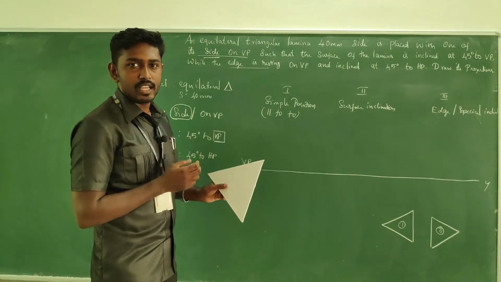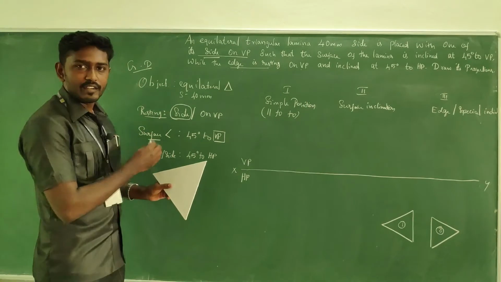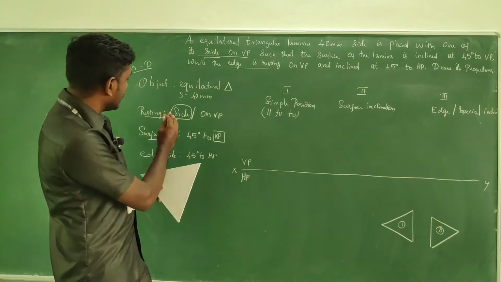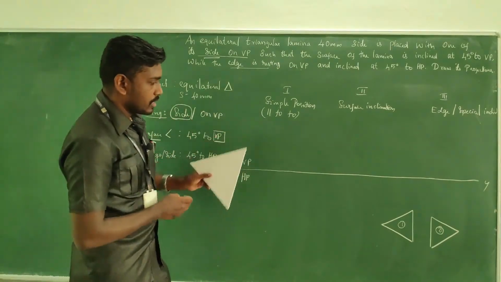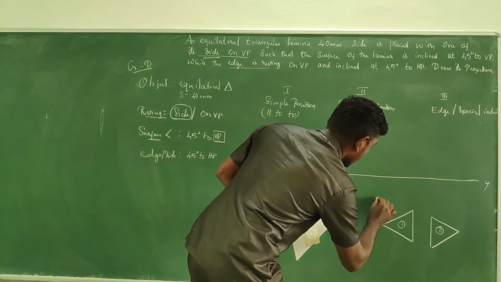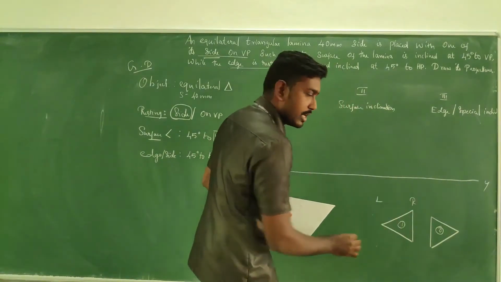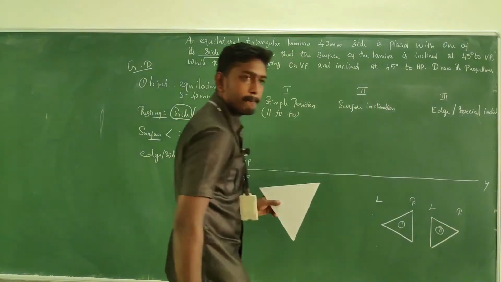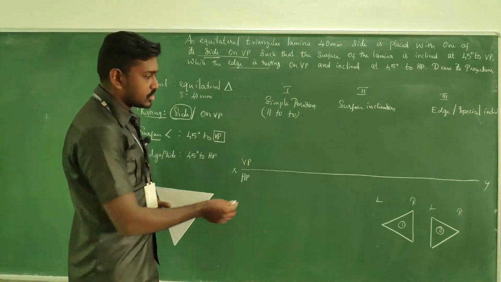Always when you are positioning the object, the resting part we keep on the right side. So here the side is resting. This is the left side of the object and this is the right side of the object. Here, as far as the second position is concerned, this is left and this is right. Where is our side?